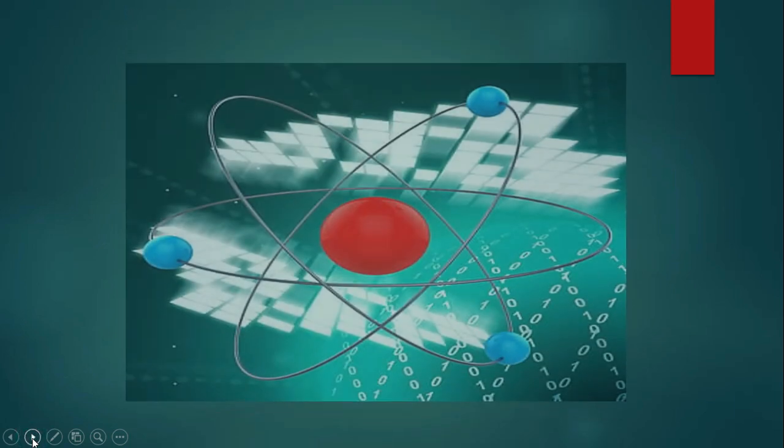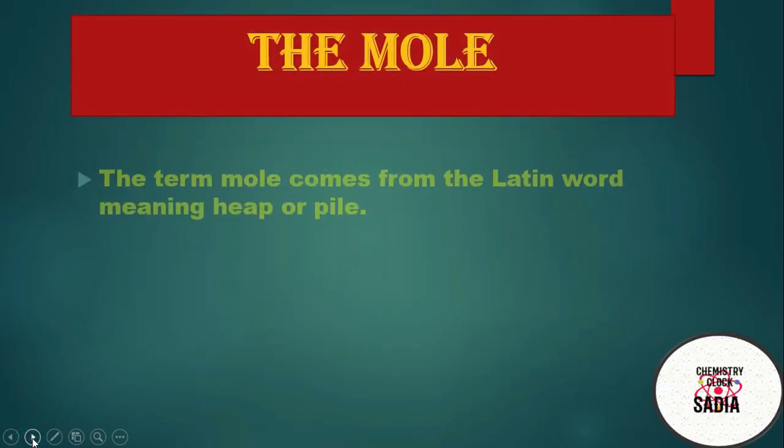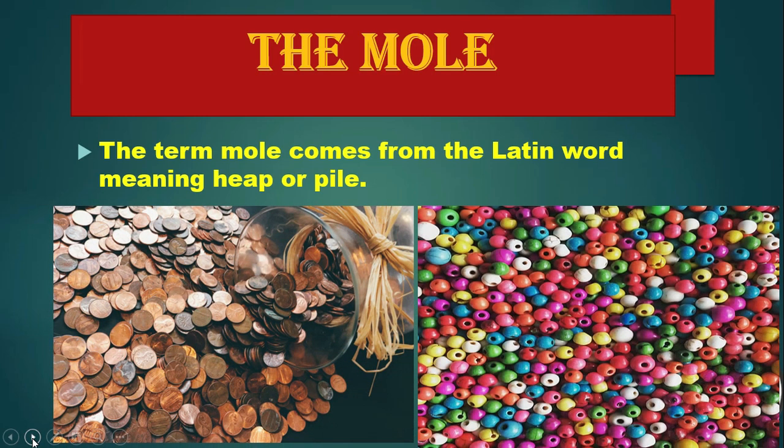Okay. Now students, there is a question. Why do scientists use the term mole to measure the amount of substance? Students, the answer is that atoms, ions and molecules are very tiny, microscopic particles, but huge in number. The term mole comes from the Latin word meaning heap or a pile. Atoms, ions and molecules are small in size, but they are in a large number, in a pile. So that's why this term is used for measuring the amount of these tiny particles.